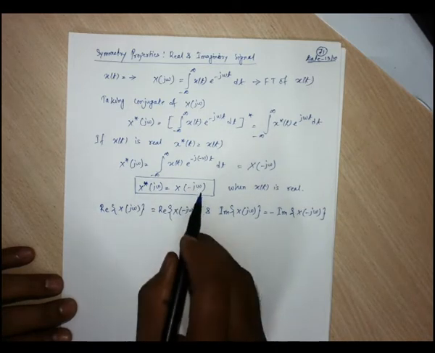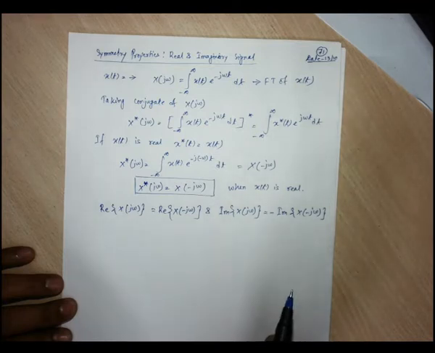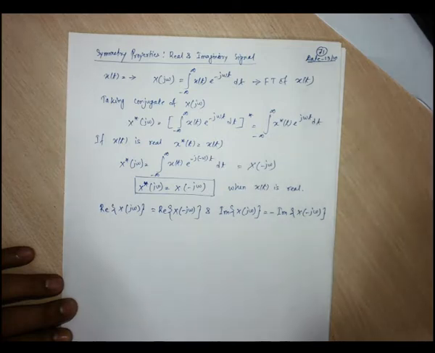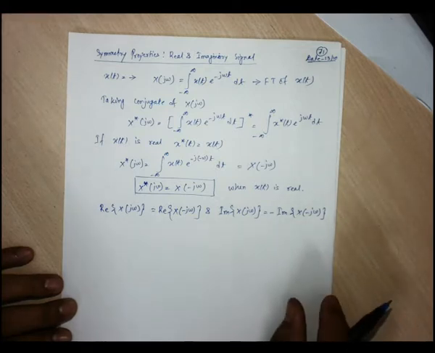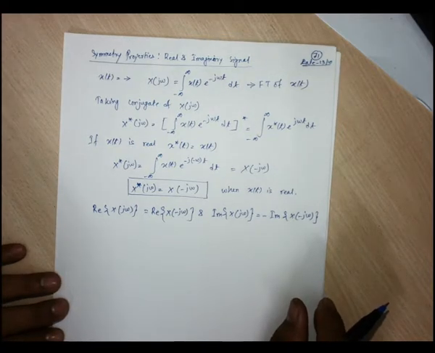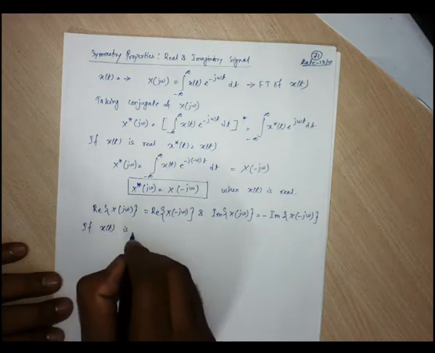So if one is a plus jb, then the conjugate, which is x of minus j omega, will have the imaginary part negated, that is minus jb. One is a plus jb, another is a minus jb. Okay, so in other words we can say, if x(t) is real valued, that is if our given x(t) is real valued,